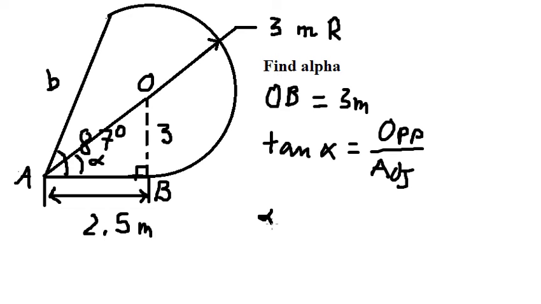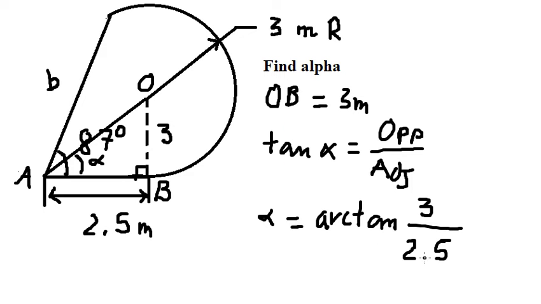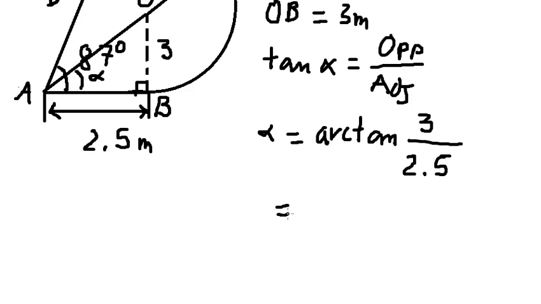So alpha equals arctan. Opposite is 3, adjacent is 2.5. So we calculate this one, and we have